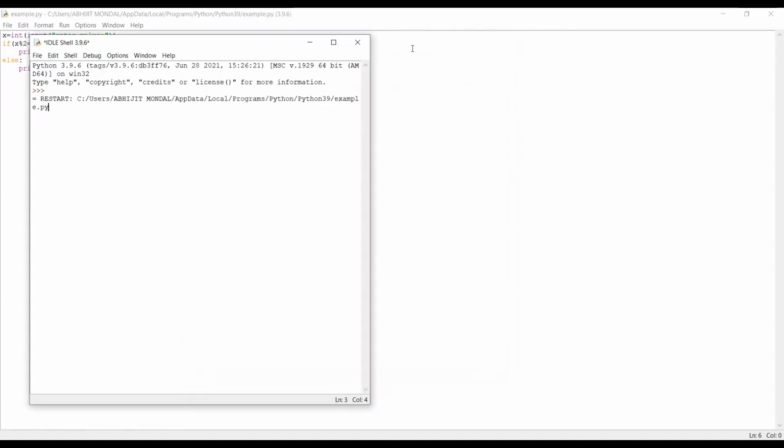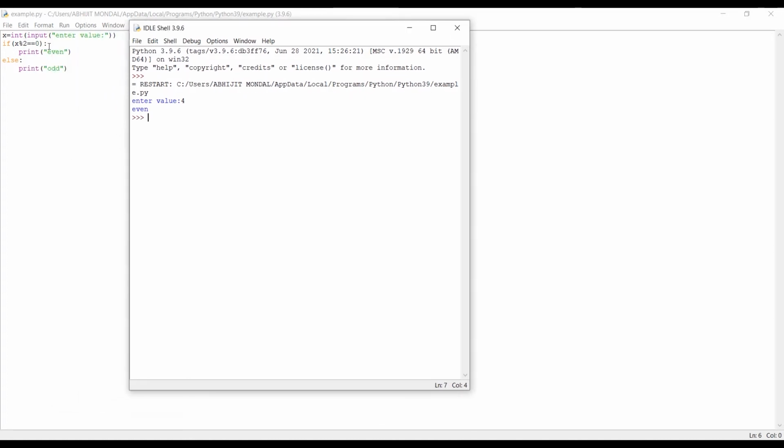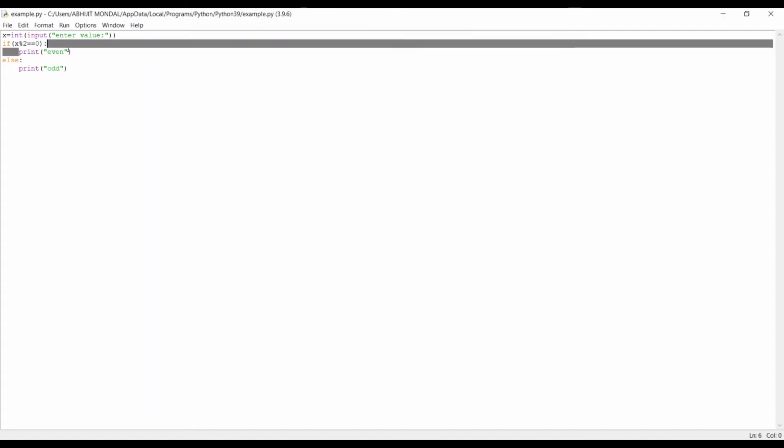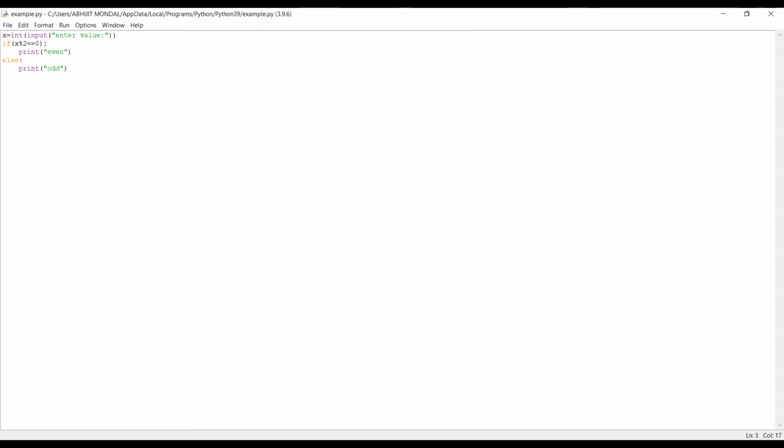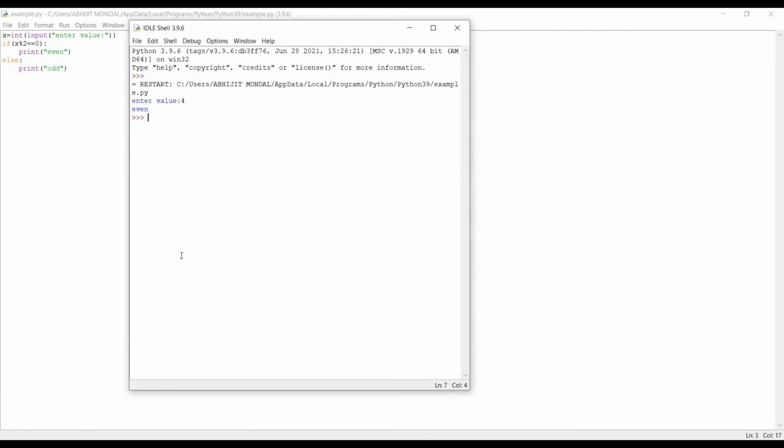We'll run it again and pass 4. 4 is divisible by 2, so when it sees that 4 modulus 2 equals 0, it will simply execute this statement. And as in the previous case, when we passed 3, the first condition was not satisfied, so it directly switched to the else condition and printed odd.